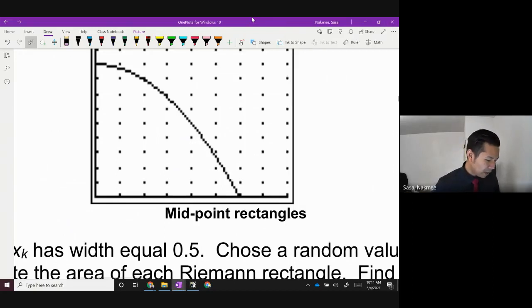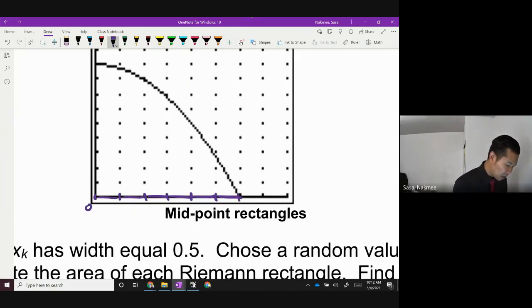So what I want you guys to do on your own time is calculate the one for the midpoint right here. I'm going to do this one in purple. The widths are still going to be the same from here to here, right? It's still 0.5, 0.5, 0.5, 0.5, and 0.5 all the way here. We got 6 rectangles this way, but this time I want the midpoint values.